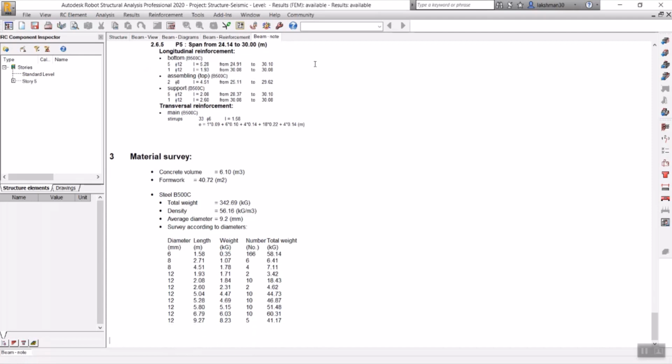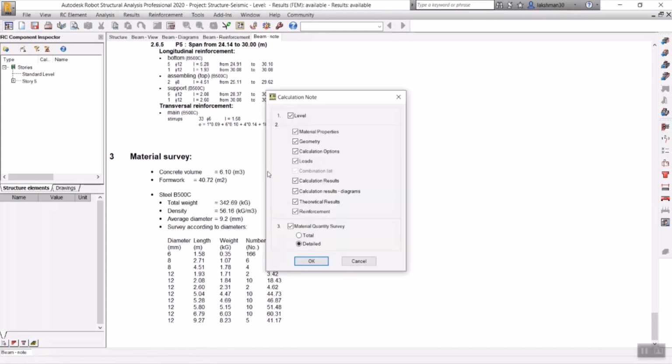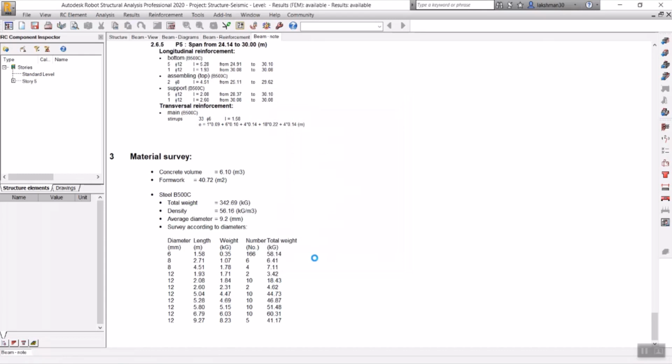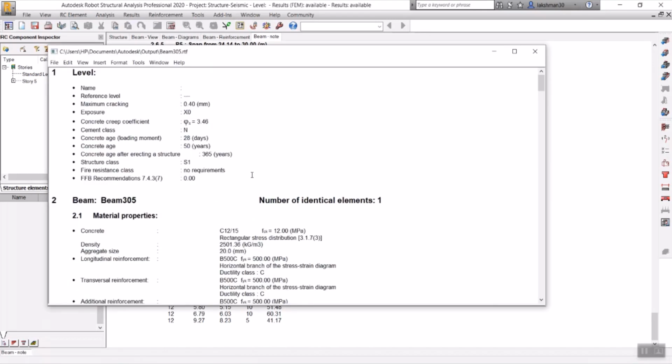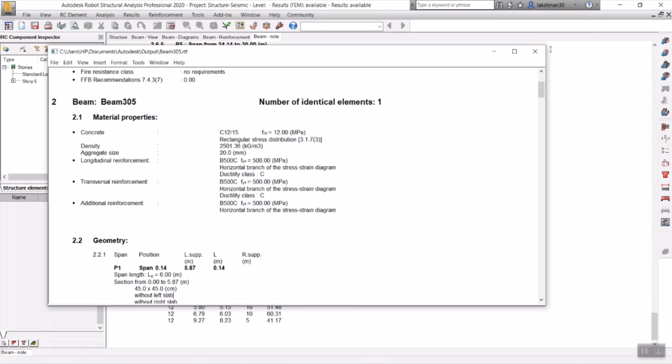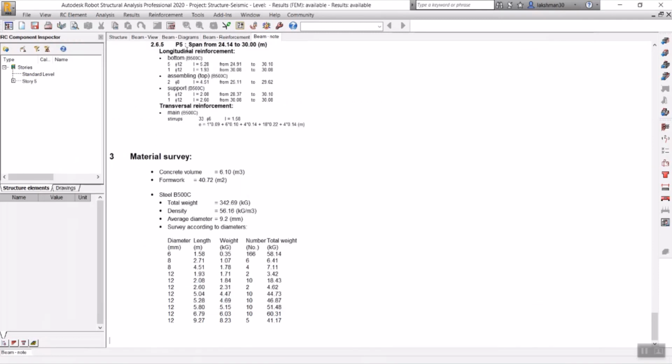Good, right? So this you can take a printout of also. Here we'll have a calculation note, and if I give OK, it will be saved in your system. Like, see, can you see? Okay, now we have completed our beam reinforcement. Like this we can do for columns and we can do for the slabs. Now I have shown for the RCC elements, right?